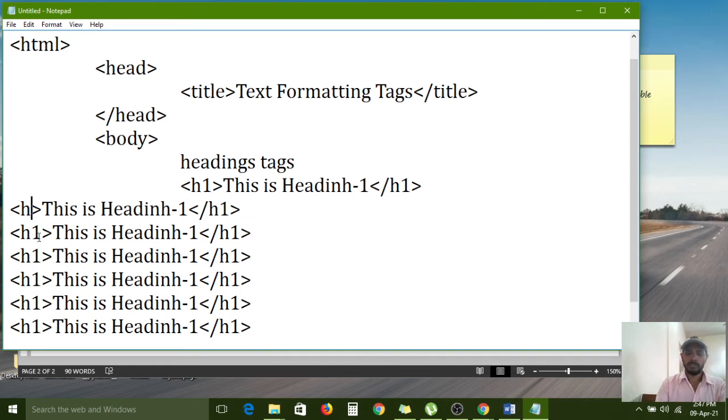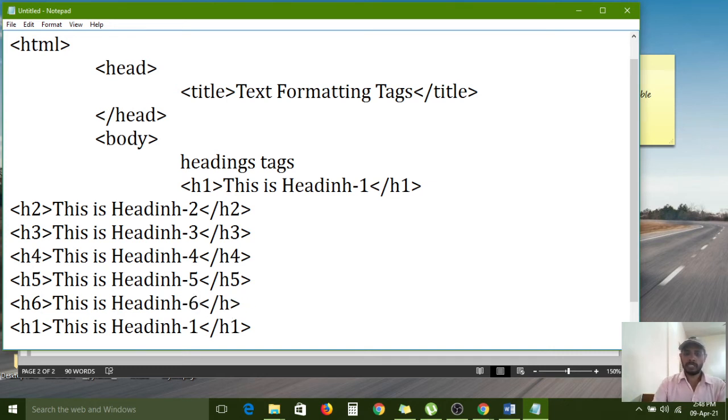H1, H2, H3, H4, H5, H6. So the complete six types of heading styles.